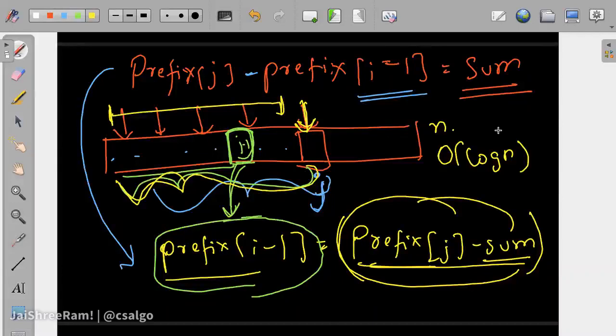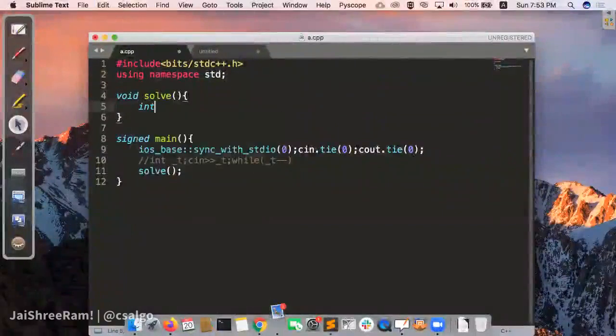So this is all that we would be doing. This is a very standard application of maps to count the number of subarrays that maintain some particular sum or something like this. So any doubt in the logic? We will implement this. Let's start implementing, and it will make more sense once we start implementing.